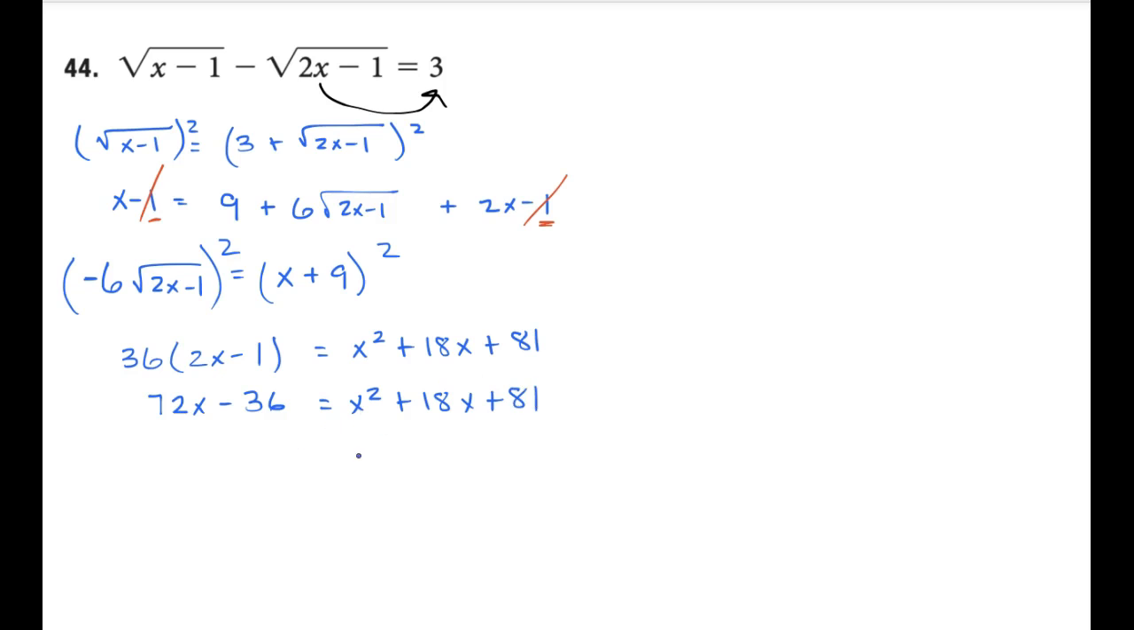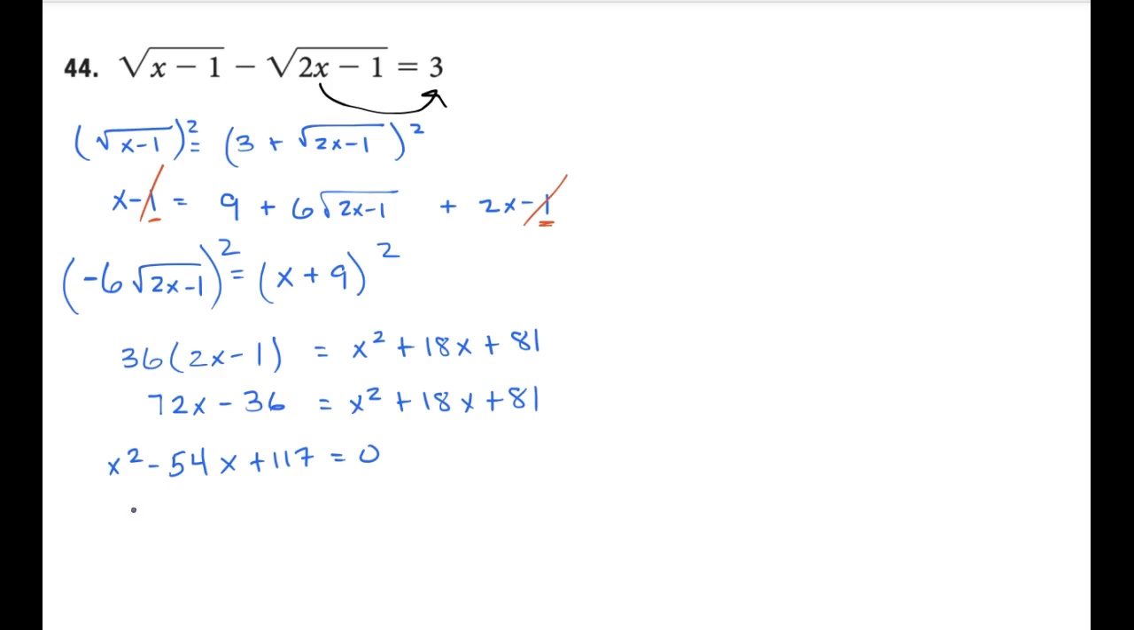All right, so combining all of these together, I'm going to bring everything to the right side, and it ends up being x squared minus 54x. So when you subtract 72x from both sides, you get minus 54x. Add 36 to both sides, and you get plus 117 equals 0. All right, so this was not easily factorable, so maybe you can come up with something really quick, but I